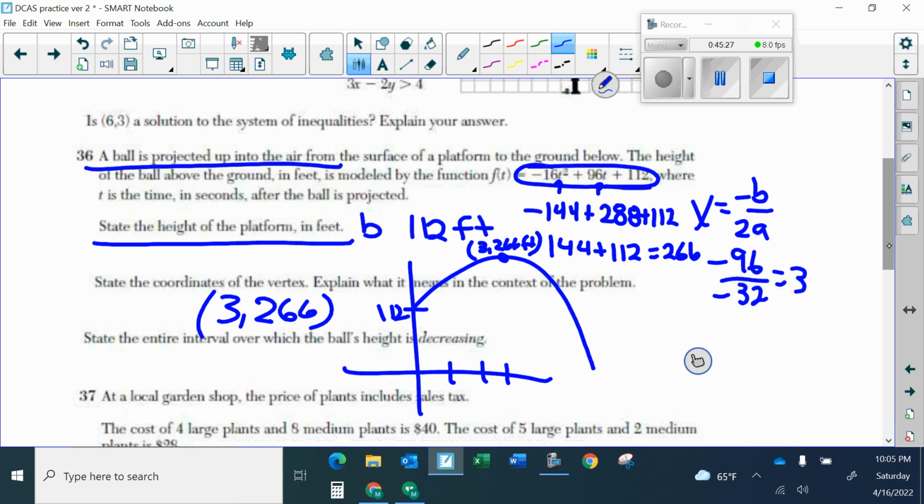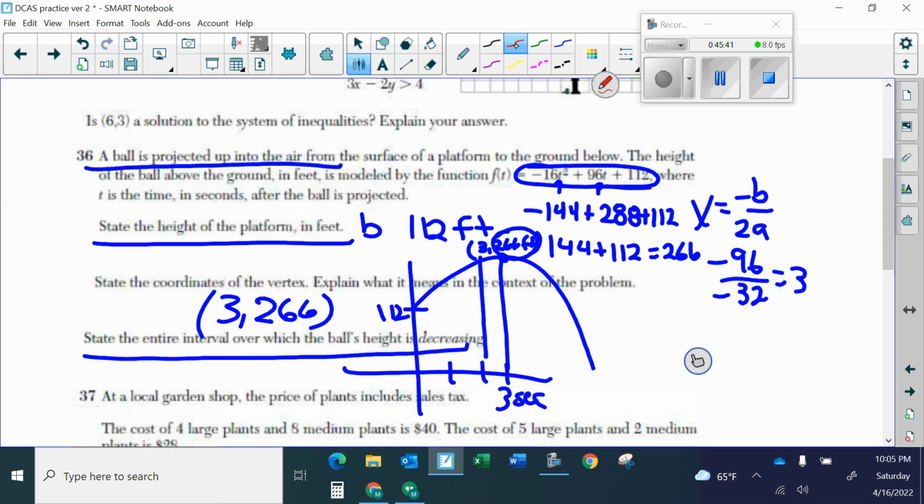So the maximum height is the y coordinate, and the time it took is 3 seconds. Okay, that's our coordinates for the time. Okay, state the entire interval where the ball's height is decreasing. Well, you should know it's increasing from 0 to 3, and that's decreasing after 3 down to when it hits